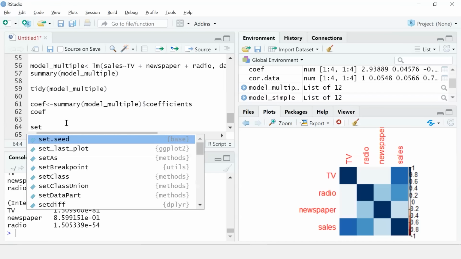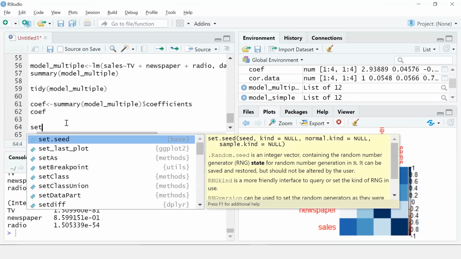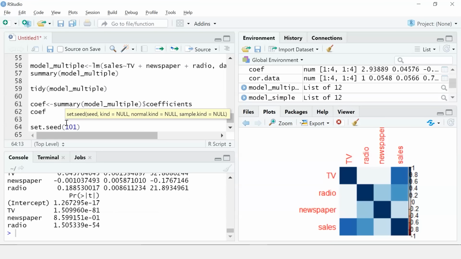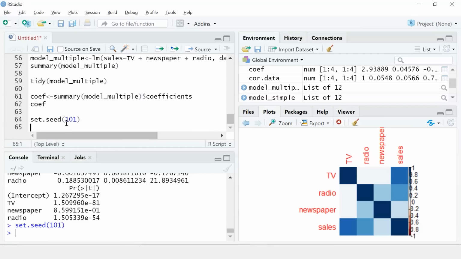First, I'll take a random seed value of, say, 101. Next, I will split the data into training and testing sets. I'll take 70% for training the data and 30% for testing the data.